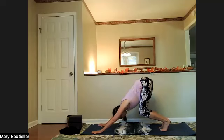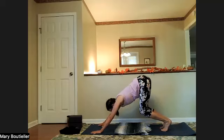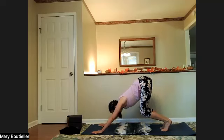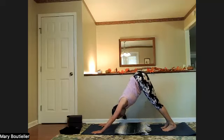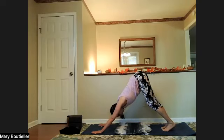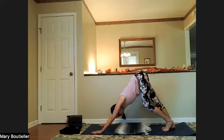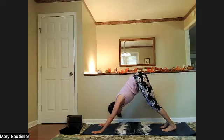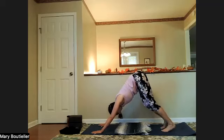Stretch that out. And then look at your feet, look at your ankles, level them out. So nothing's dropping in, nothing's dropping out. And slowly begin to straighten your legs. They may not straighten all the way. Notice if you lose the integrity of the arms and shoulders when you straighten the legs. Once you're there, maybe widen your pose a little bit, take the feet out a little, walk in place,